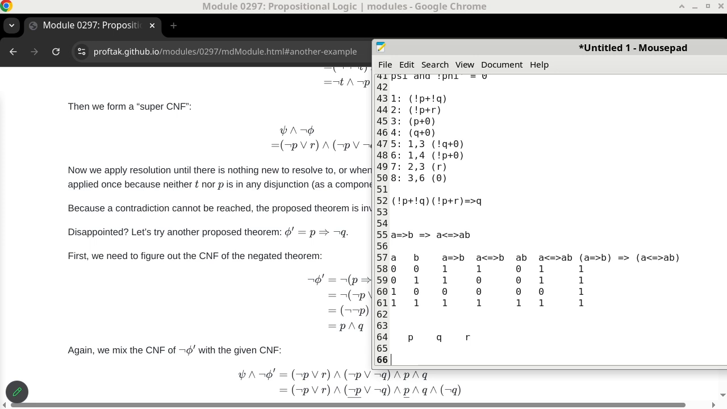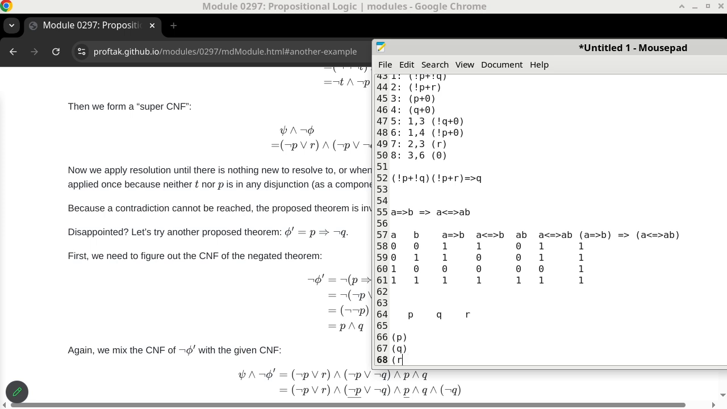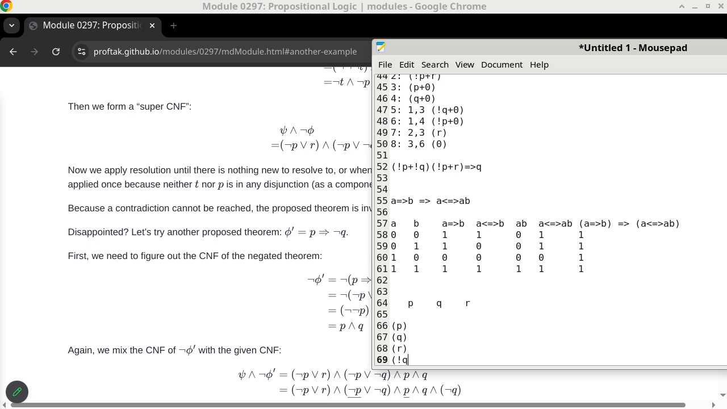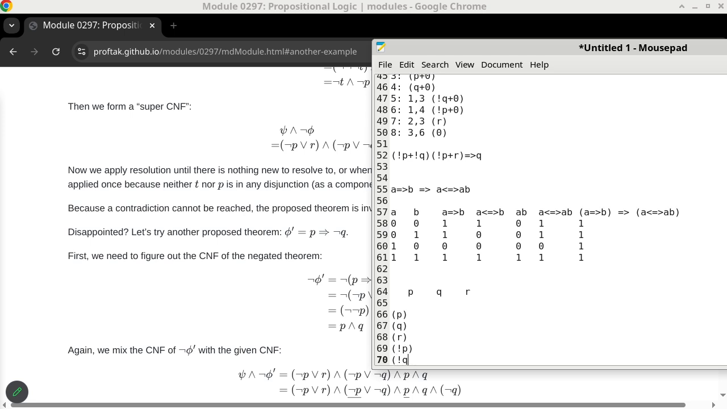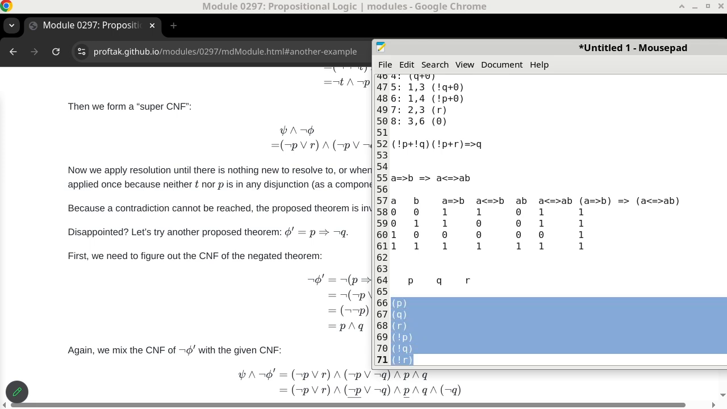So the question is, can we do this in a systematic way? Yeah, absolutely. We can do it in a very, very systematic way. So we can say P, Q, R, not P, not Q, and not R. Is that okay so far? Okay. So now I do the typical lazy thing, copy and paste,